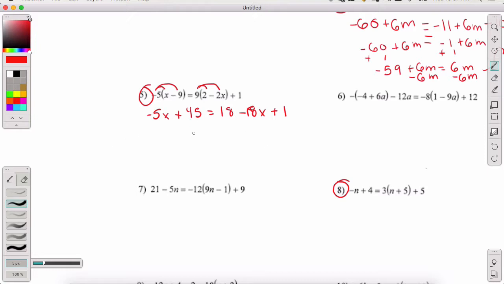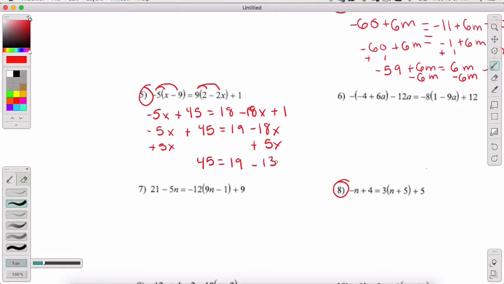All right, now I can't combine anything over here, but I do have that 18 and 1, so I'm going to rewrite this. And then 18 plus 1 is 19. And that's what I have now. All right, now I'm going to mess with my x's. I'm going to add 5x to both sides. So I end up with 45 equals 19